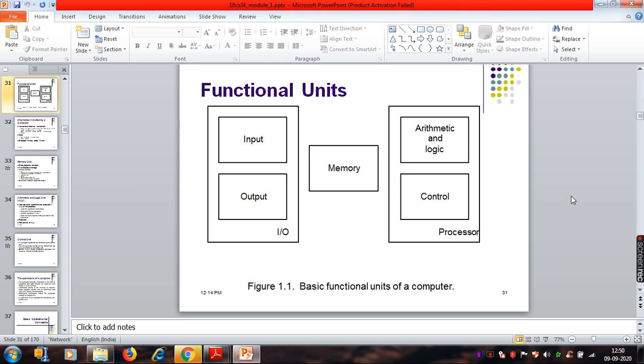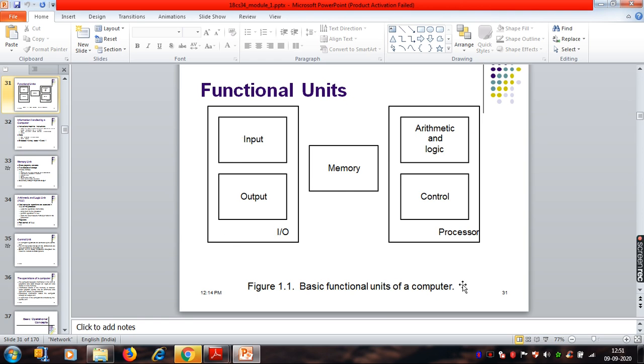So the general operation of a computer is always like this. It starts with input and ends with output. You give the input on the input device, you see the output on the output device. That's all, right? Generally, what are the input devices?